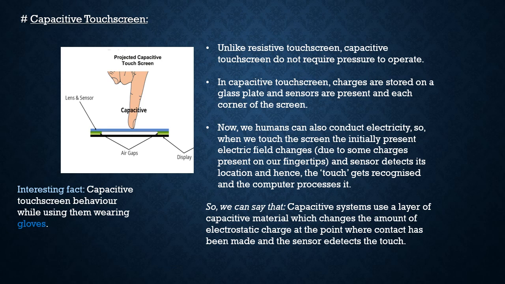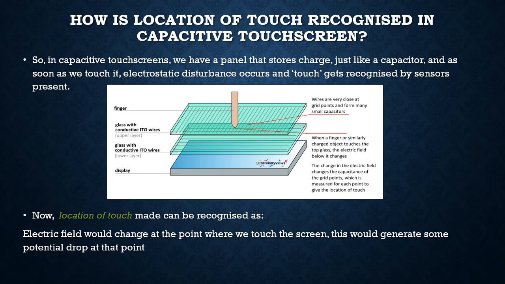So we can say that capacitive systems use a layer of capacitive material which changes the amount of electrostatic charge at the point where the contact has been made, and the sensor detects the touch. So this is a capacitive touch screen. It has a layer which has so many wires in it, and then we have an ITO coating, and then again we have an ITO coating over the glass plate. So